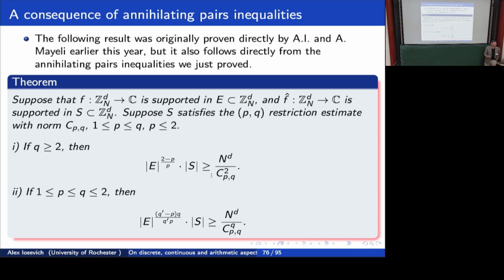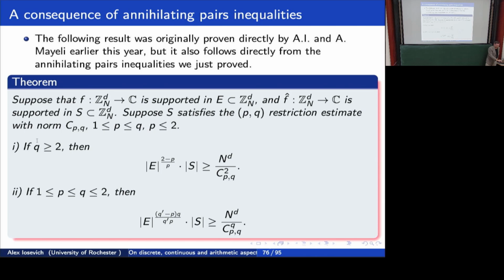Okay? And another point that I want to mention in passing is that the original version of the uncertainty principle based on restriction cannot be used to deduce that consequence that we got from Bourgain's theorem, right? So Bourgain's result implies that if you have a set of generic size, or if Bourgain's inequality holds, then if the Fourier transform is supported in S, then f is supported in a positive proportion of the whole space. But this version of the uncertainty principle based on restriction is strong enough. So this is the one that matches up with Bourgain's estimate.